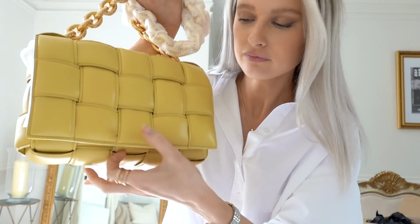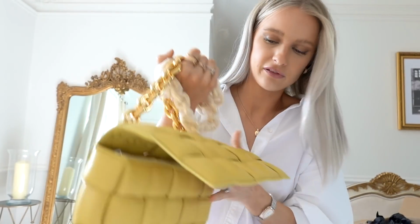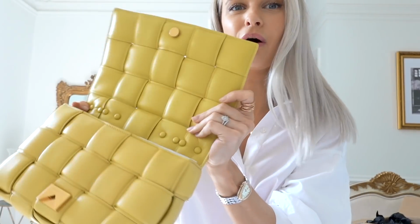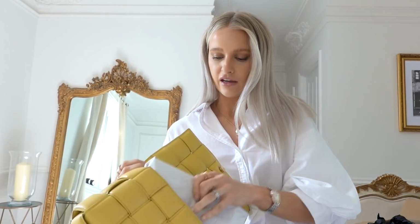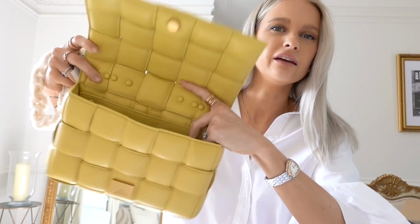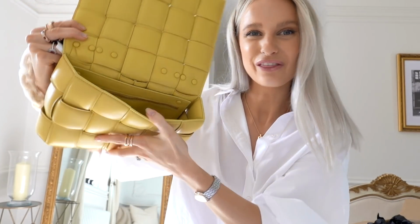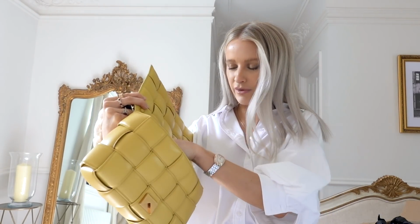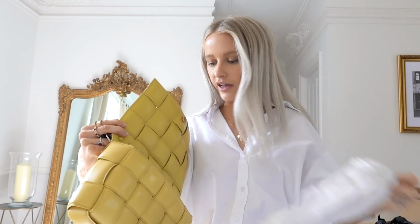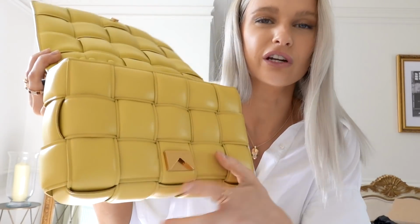So this is the front. It's got one of those slide down little clasps. It's just so nice how the whole body is literally fully woven pieces of leather like this. And then on the inside, it's again just completely the padded cell all the way through the middle of this. Back pocket as well, and it's got a considerable amount of size in there. I mean, where's my phone? I've got my phone with me, but it would fit my phone multiple times over in here,